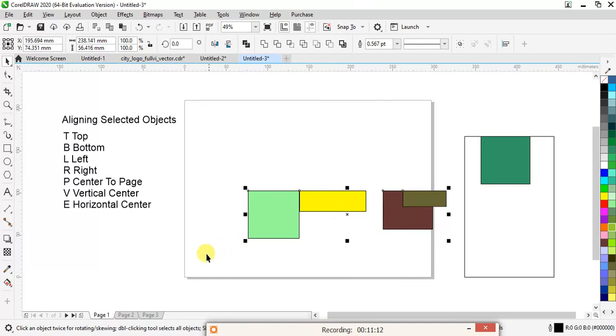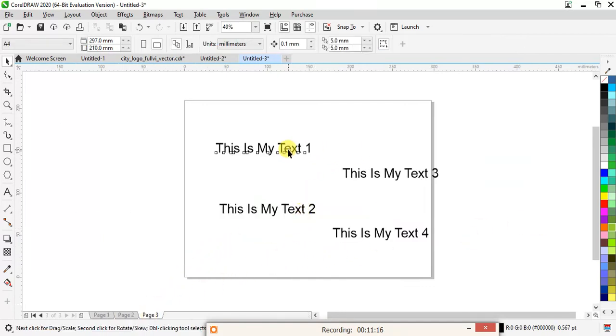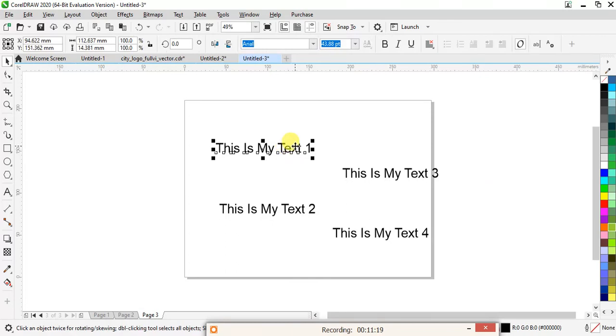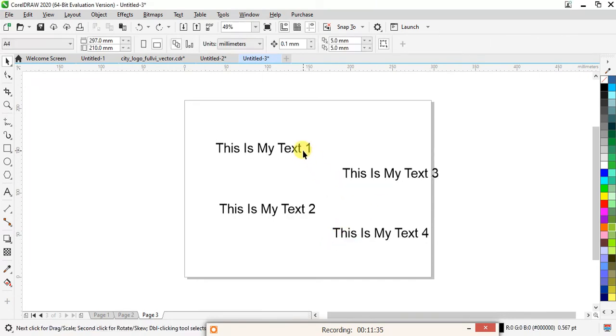This can also be done with text. Let's say for example I have this text. Same thing, I will click on shift and select all the text together. This was my last text. Now I am doing vertical center. I want to bring it to the center, so I will click C. Let me select this first.